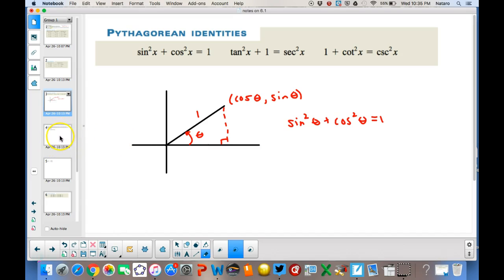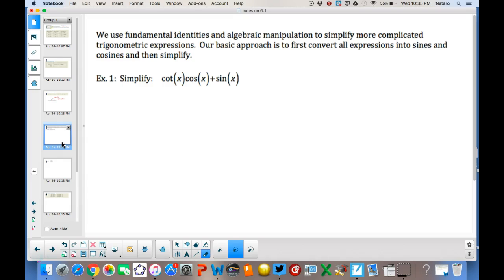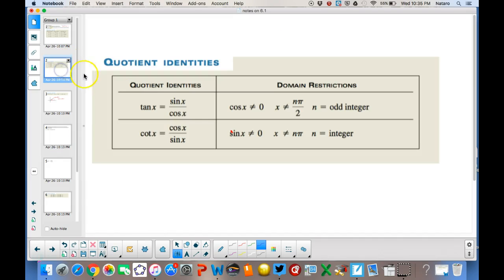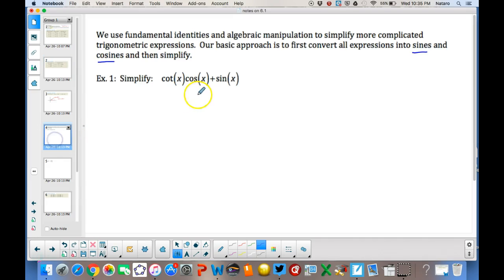So let's take a look at two such expressions. Here we're going to try to simplify this expression by first changing everything into sines and cosines. And you might say, well, we already have everything in terms of sine and cosine. Well, almost. We need to change cotangent to its version of sine and cosine. Cotangent, remember, is cosine over sine. So we'll have cosine of x over sine of x